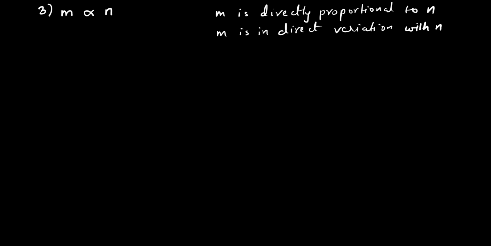Okay, understood, Amberlin? Yes, sir. Now I've told you that even if they tell us this, what does this symbol mean? Do you know that? It tells us M is directly proportional. No, but I'm saying if M increases, then N also increases, and if M decreases, then N also decreases. So when both increase or both decrease together, that is when we use the word direct. So they are directly proportional or in direct variation.